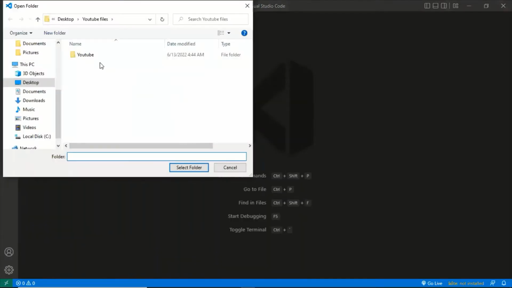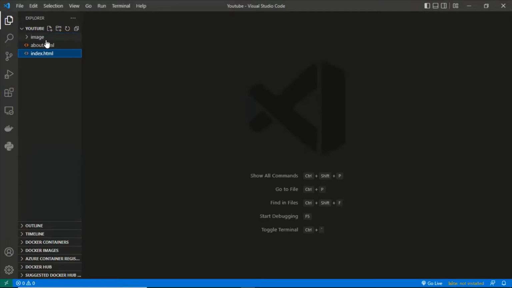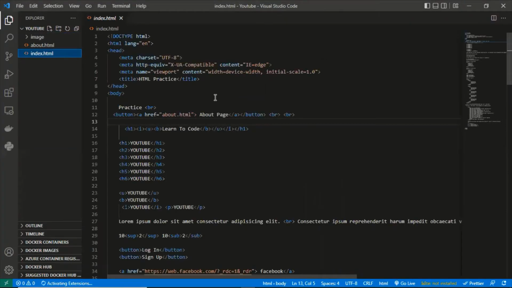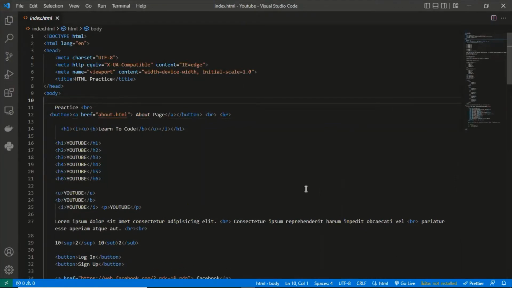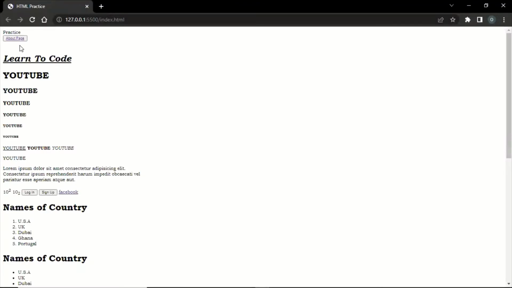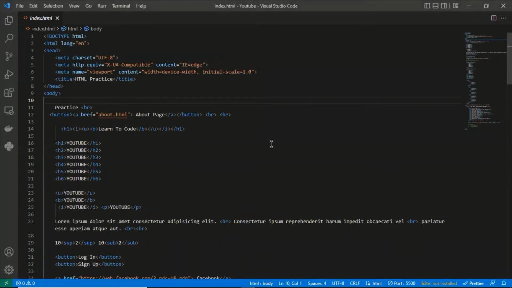First off, we open our folder in our VS Code. This is our folder. This is what we'll be working on so far. So today we're going to be looking at how to style our web page. The first type of styling we're going to be looking at is the inline